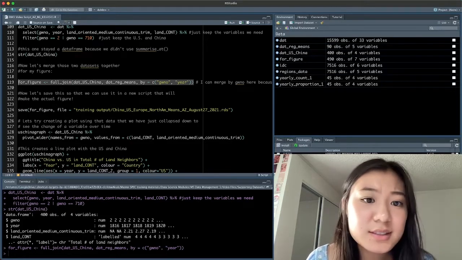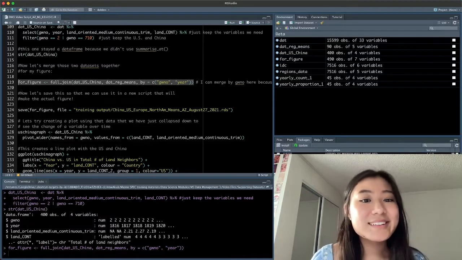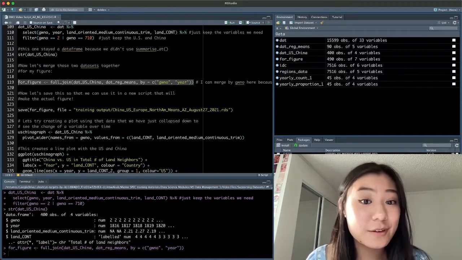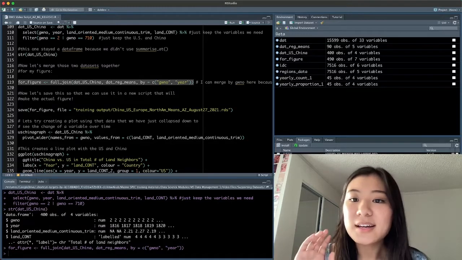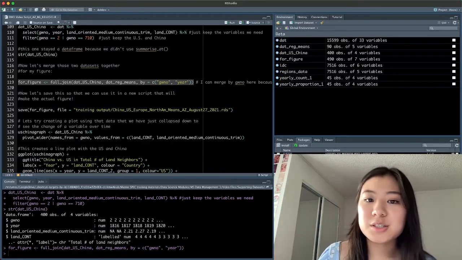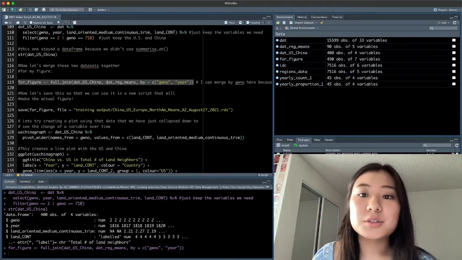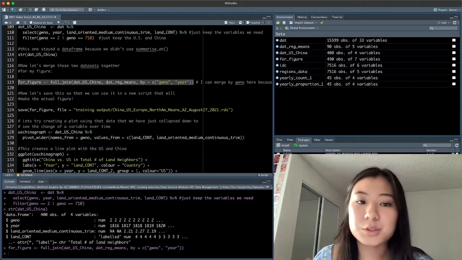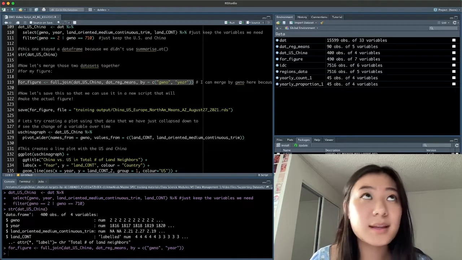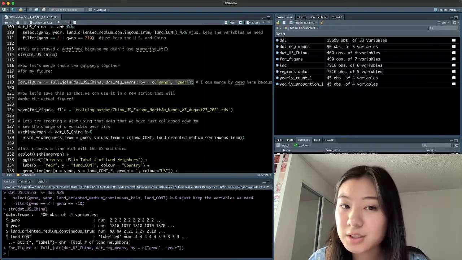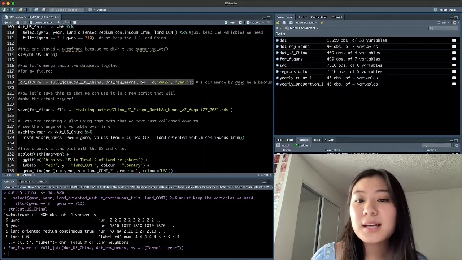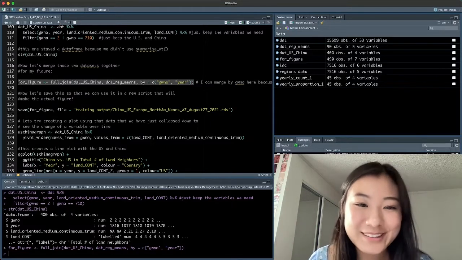490 observations and 7 variables. Yay, so this forFigure object is all ready to go to make a gorgeous picture that can compare the evolution of economic structure in 2 different individual countries over time with changes in the regional average of that same variable. It's not tidy data because we have 2 different units of analysis in the same data set, but it's going to be a very pretty picture.